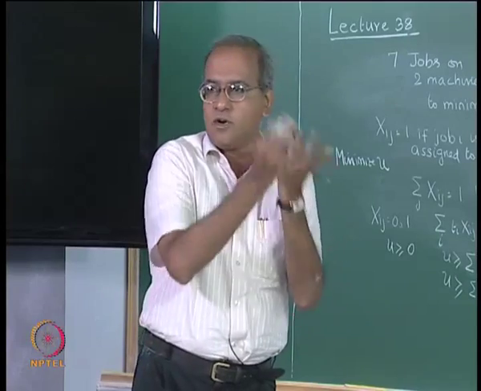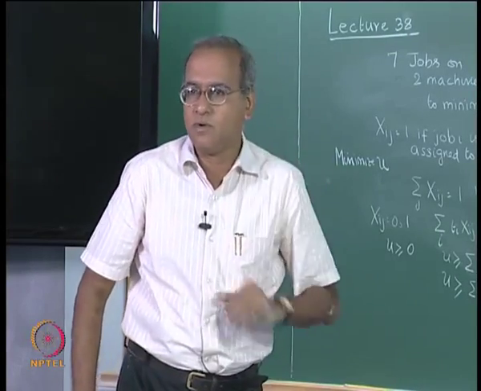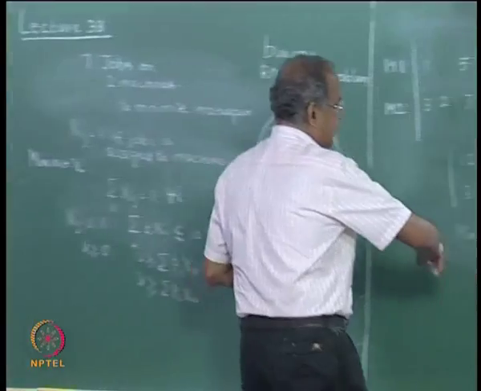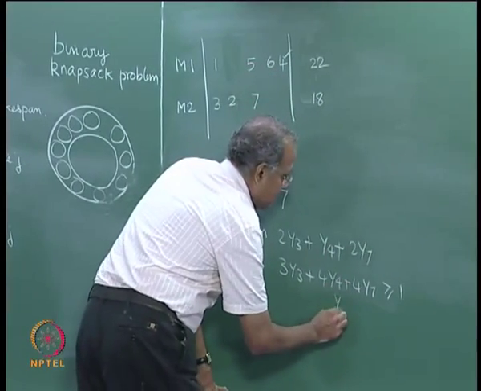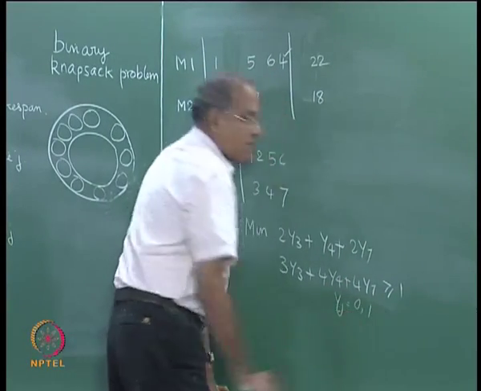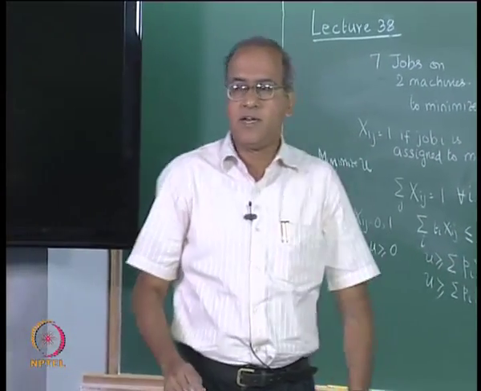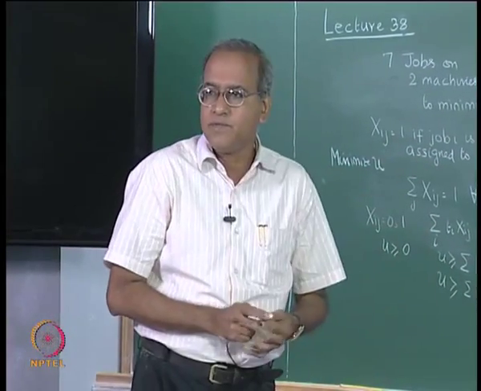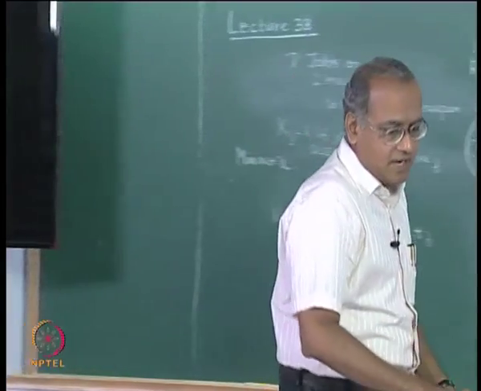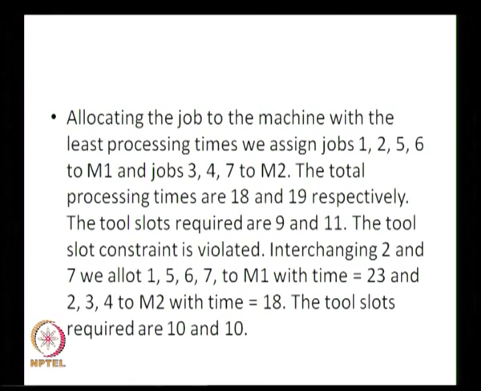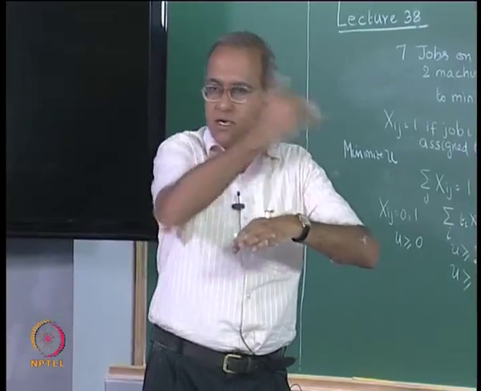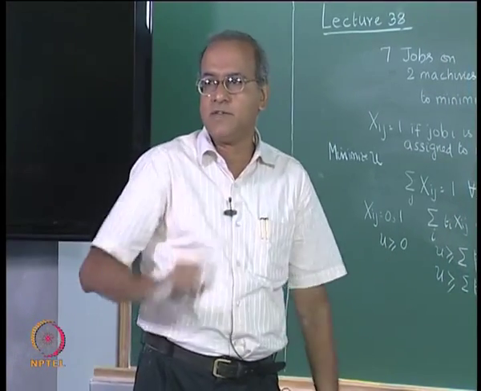So whatever goes out should take away at least 1 tool. So this itself is a binary knapsack problem, yj equal to 0 or 1. We could solve a binary knapsack problem and then choose which one will go. Here I have given a solution where we interchange. We could do interchange as a way to get it, or we could solve binary knapsacks, or we could simply allocate from one machine to another till we get feasibility.